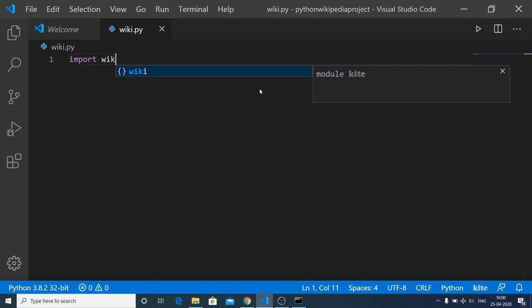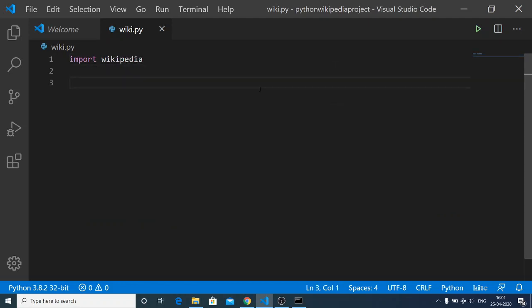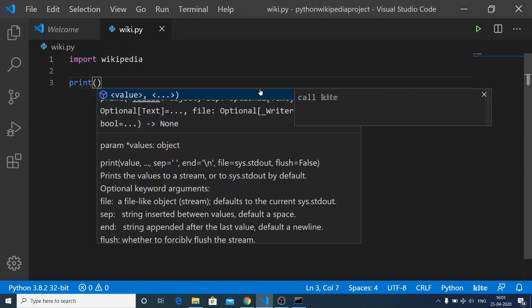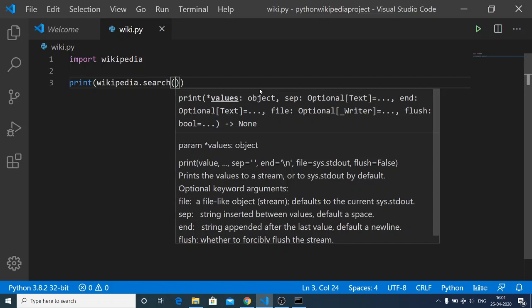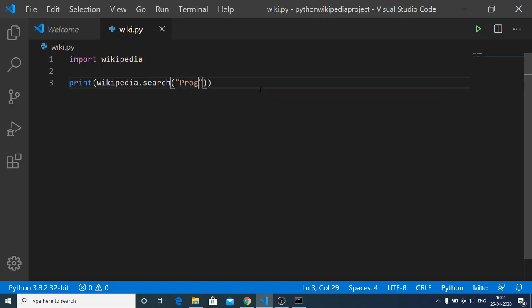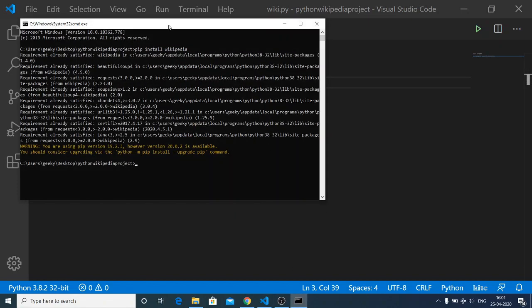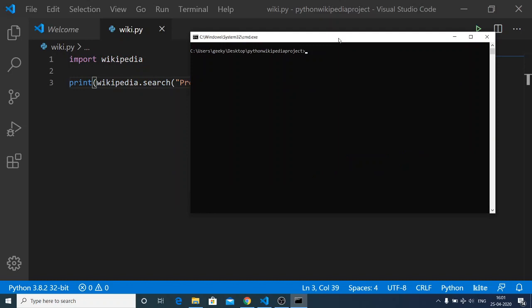After installing it is very simple. You need to import this like this: import wikipedia. This is a module. Now I can just make a simple call to this module wikipedia, and there is a search method out there. So here I can just pass anything. Let's suppose I pass here programming, and now if I run this application, it will perform a simple search and it will return me the data.